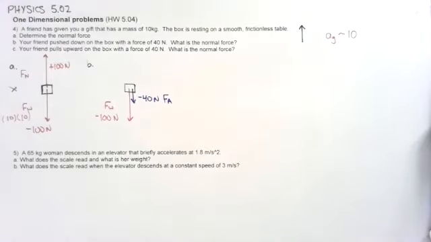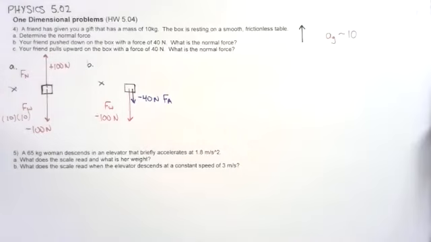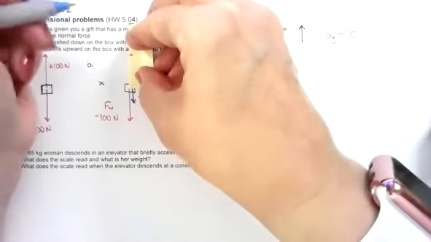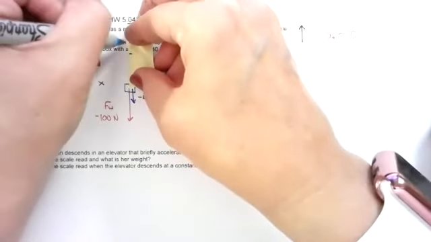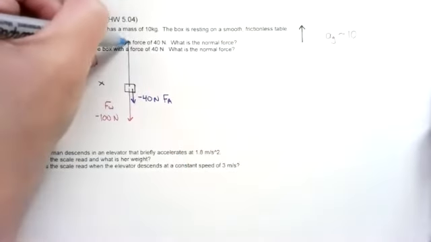Well, I still have to do a motion analysis. Is the box moving? I have no motion. So what does that mean for my normal force? What is the implication here? Well, the implication is that if it's not moving, my downward forces and my upward forces have to be equal and opposite. So that means that this upward force has to be,